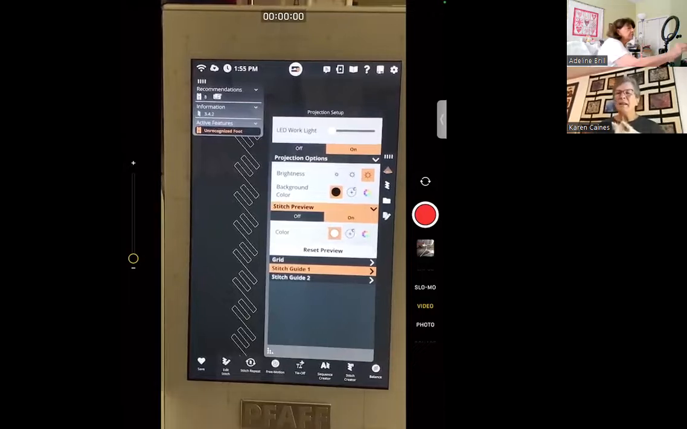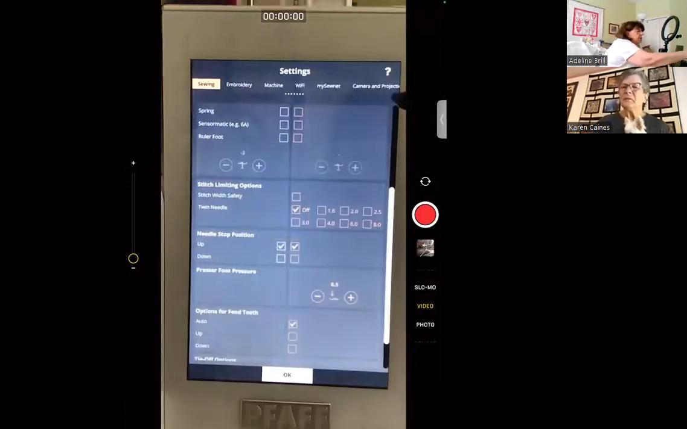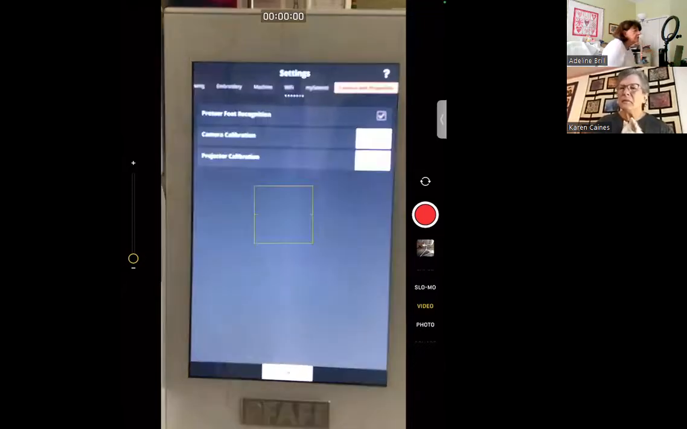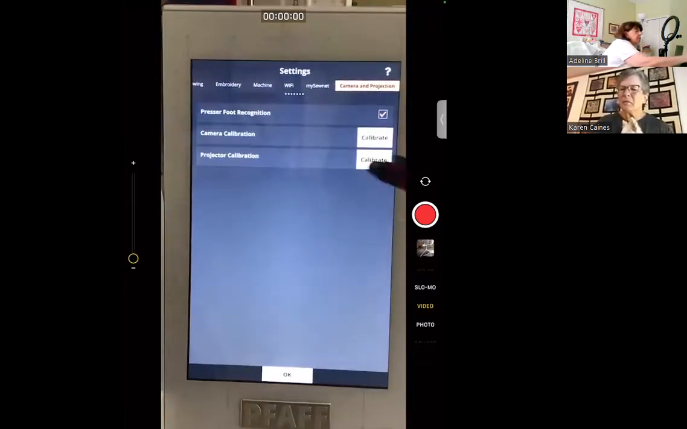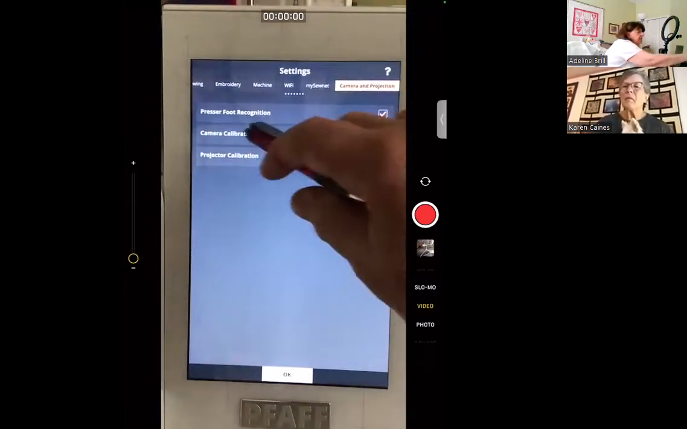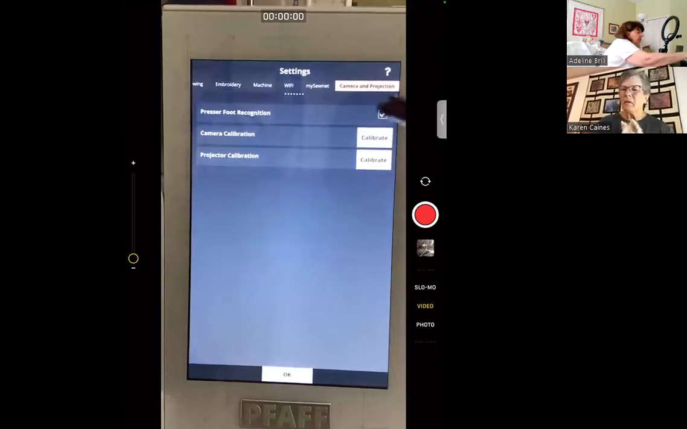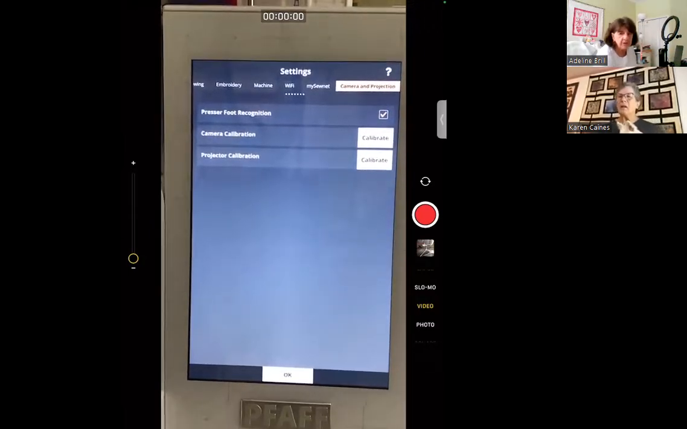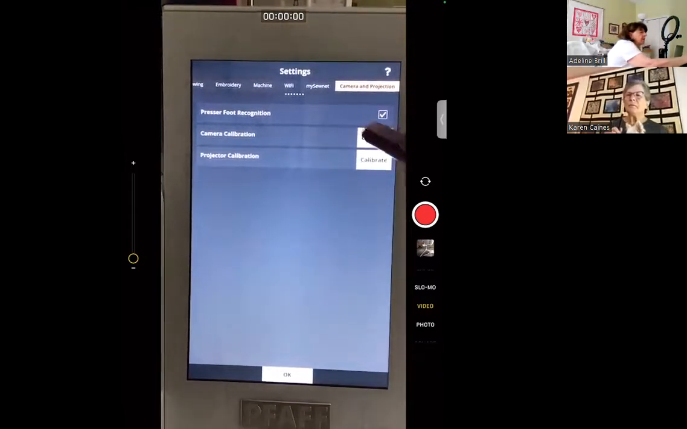So to calibrate your screen, you're going to go up into settings. You're going to go into camera and projection. And then you are going to select calibrate. Now this is where I was saying too, that the presser foot recognition should be checked, if you see the presser feet that you're using. So if you go into calibrate,